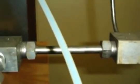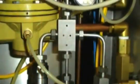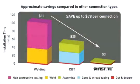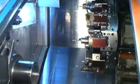For decades, engineers all over the world have had to rely on either cone and thread or welded tube fittings when working with higher pressures or applications where permanent connections are required. Both of these connection methods are laborious, time-consuming, and problematic, which can add a great deal of time and money to any commercial installation. Customers have been looking for new tube connection systems to solve these problems, but nothing was